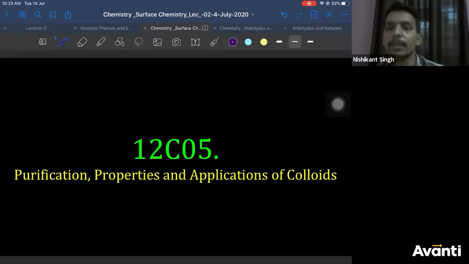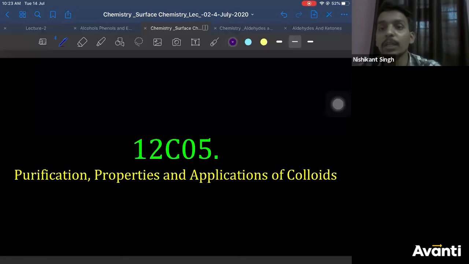Right. Now we are left with only 2 topics. I'll discuss one of these methods today, right? And remaining methods tomorrow. Purification of colloids, right? Can you give me any example from your body where you can find the application of colloid? Any example in your body where colloidal solutions are present? Very good, Athar. So your blood is also a colloid. So if you want to purify your blood, which part of the body purifies your blood? Yes, Adesh, kidney purifies your blood.